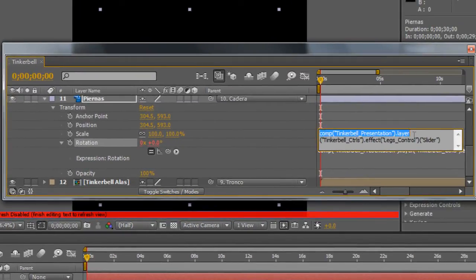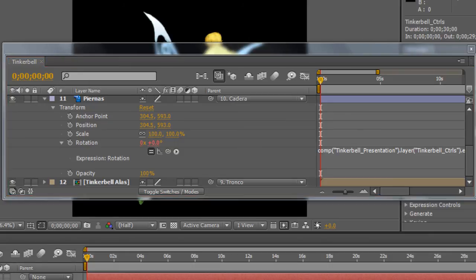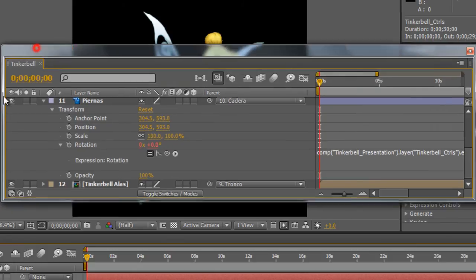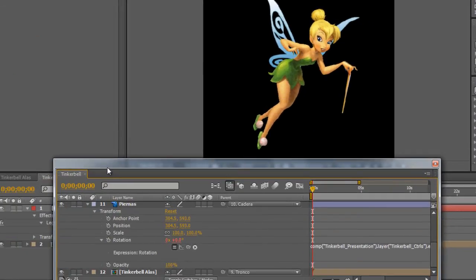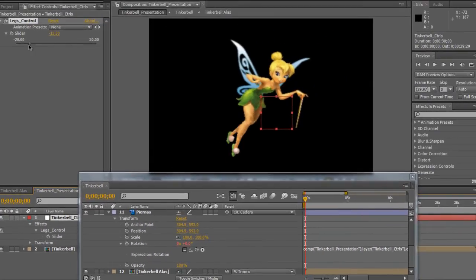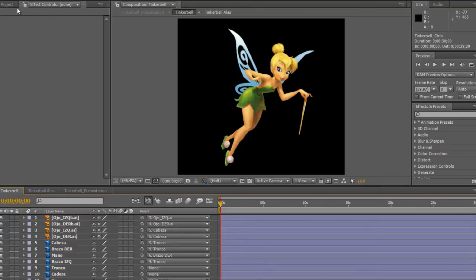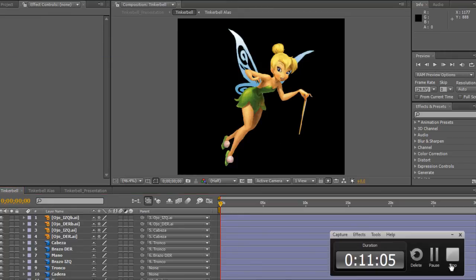To do that, on the parameter I would like to affect, I press Alt and then click. When I do that, new icons arise. I get an expression, a neutral expression there, but I also get my whip. If you take notice, this one you will drag all the way to your slider, the one that you just updated the values to rotate with, and when you let go, your entire programming, your entire code will automatically appear